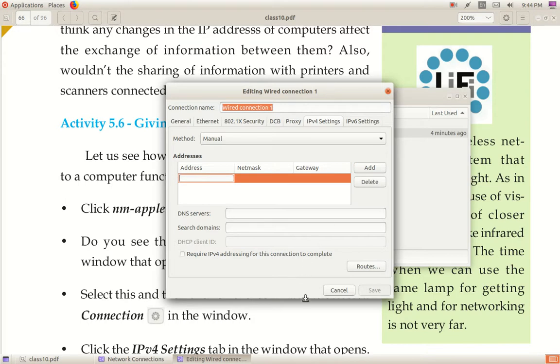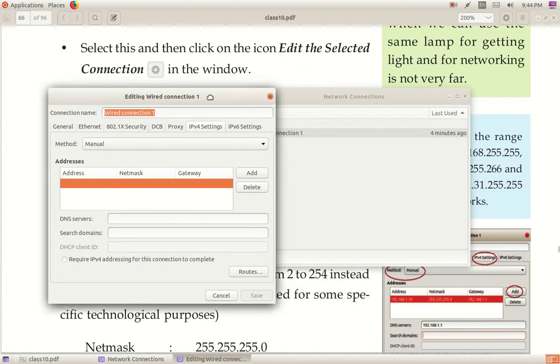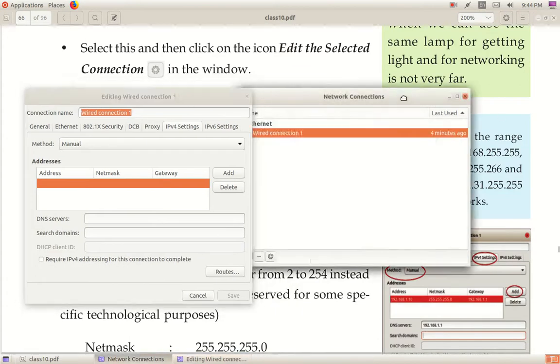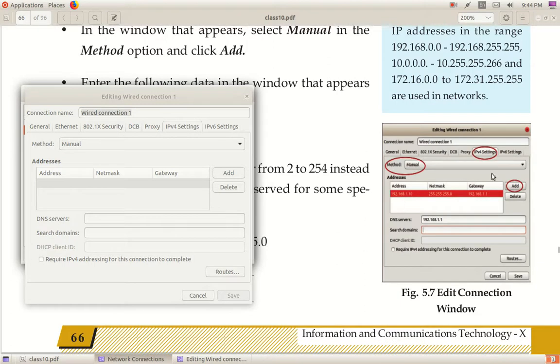What are the things I have done? Come to the window, see in your text, figure 5.7. In this window you have to click on IPv4 settings and method as manual. Clear? Then you have to click on add. Then what are the things you have to add?